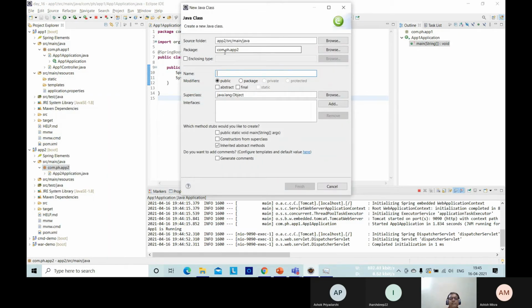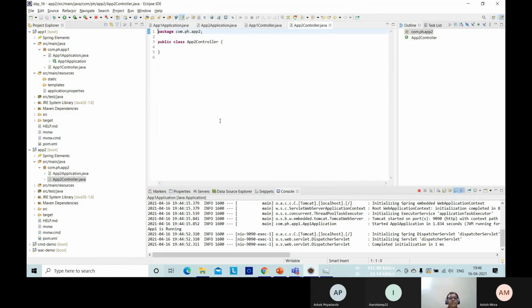It is giving the path package name com.ph.app2, and here, like earlier, I have to give App2Controller. Finish. तो दोनों में both the services के अंदर हमने एक create किया.